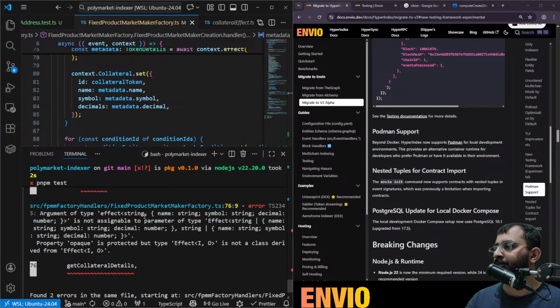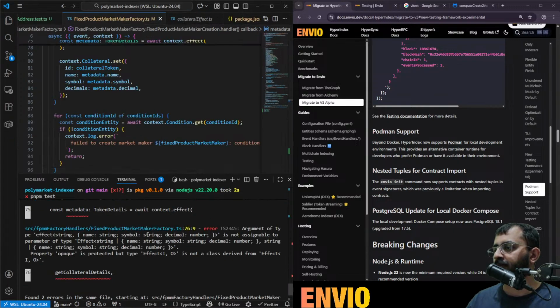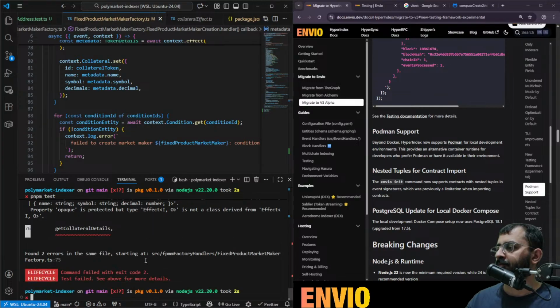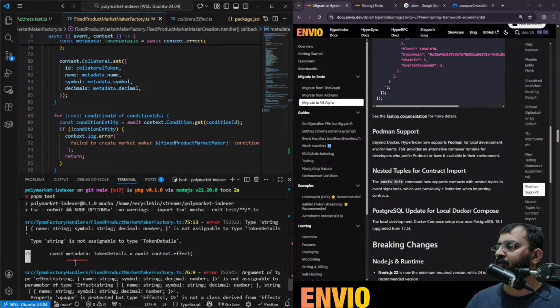Okay, no, still was error. Argument type effect is not assignable to effect string. Okay, this is a type error. This is not an issue with our